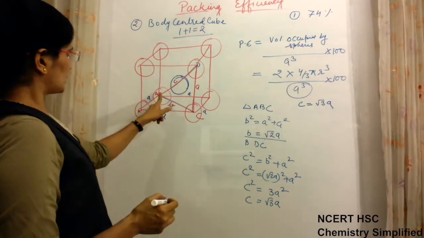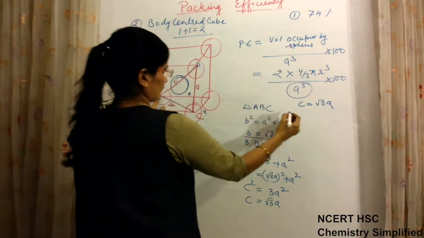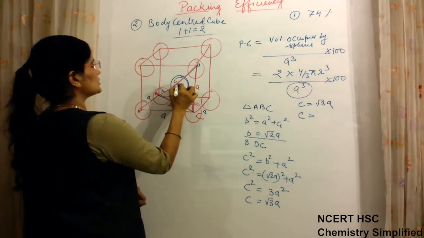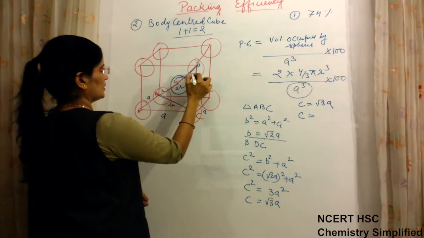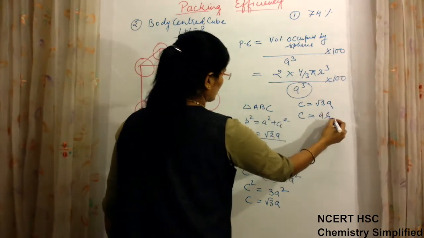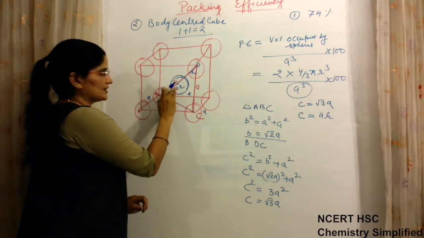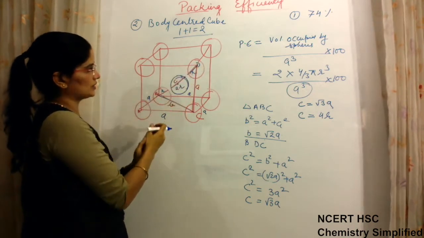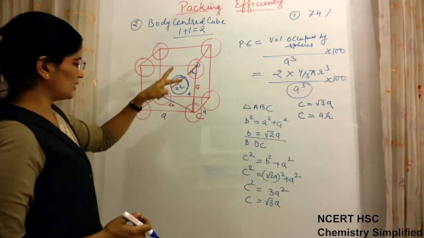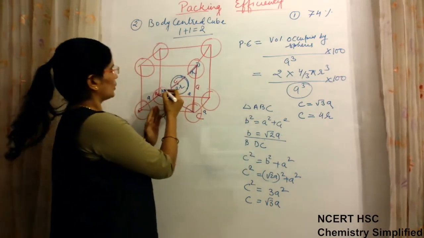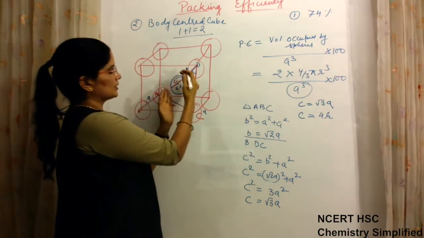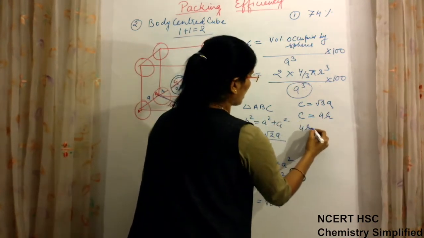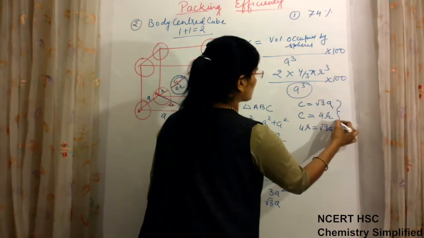Second equation is this C, actually this C is also equal to 4r. See, this is 1r, this is 2r and this is again 1r. So C is also equal to 4r. Don't be confused by the lines, because actually the lines we have drawn are not there, these are compact, close to each other. That is why I was wishing to make a big circle, but it's okay. So you understand that this sphere is just touching the boundary of this and then this. So C is 4r, so 4r is equal to root 3 a from these two equations.